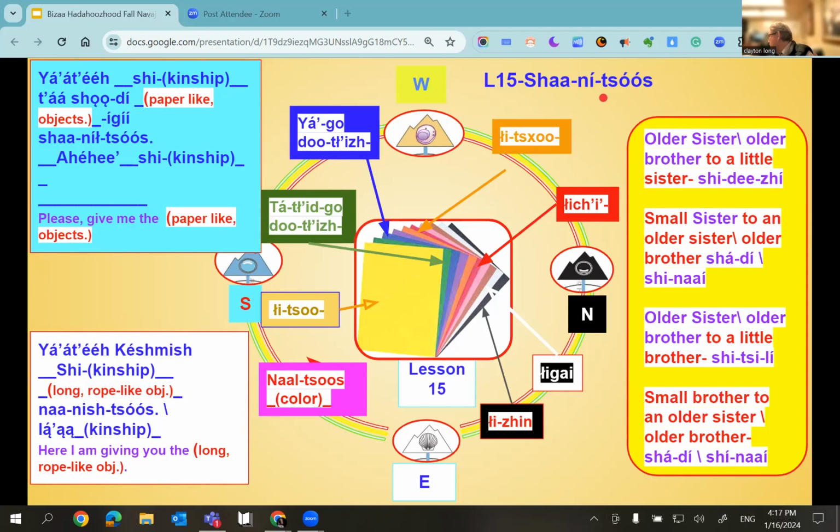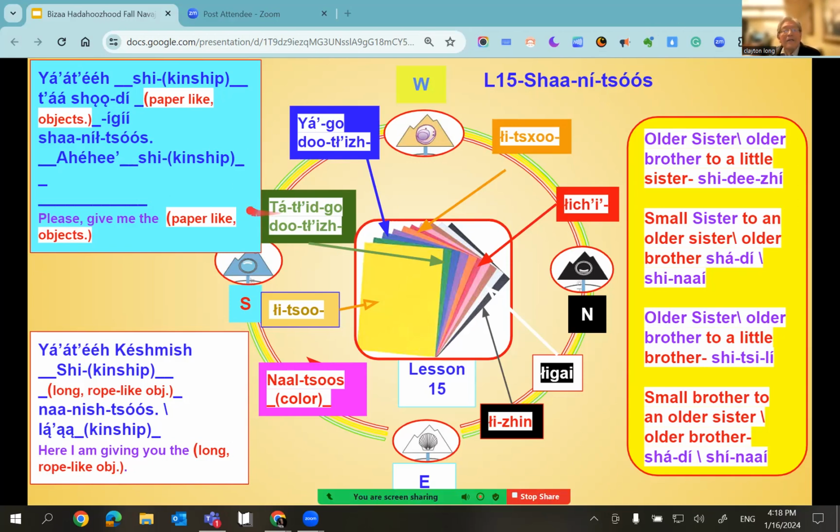A paper is flimsy, but flat. So anything that's paper and flat will be Shaaníłtsoos. You give it to me, kind of idea.